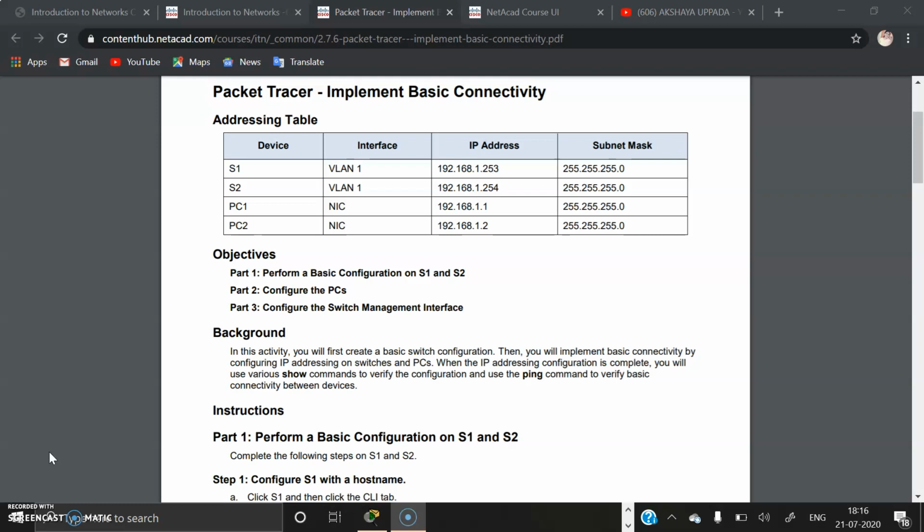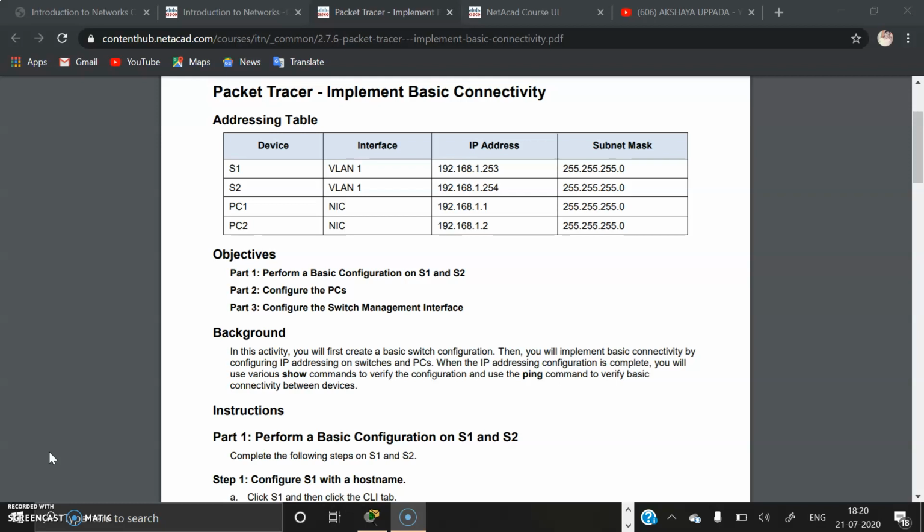In this activity, you will first create a basic switch configuration, then you will implement basic connectivity by configuring IP addressing on switches and PCs. When the IP addressing configuration is complete, you will use various show commands to verify the configuration and use the ping commands to verify the basic connectivity between the devices.